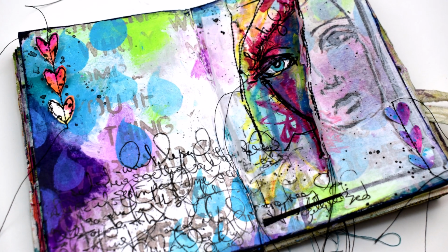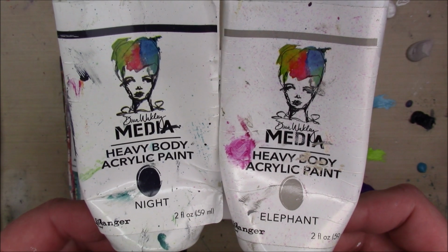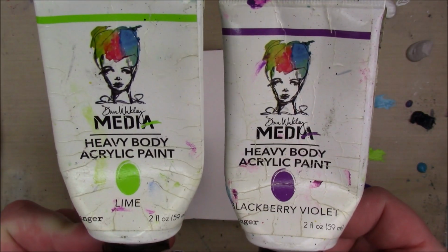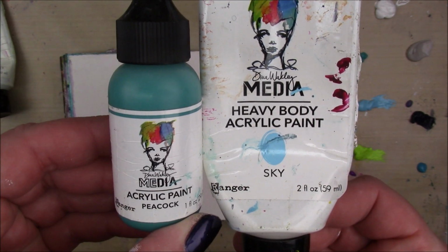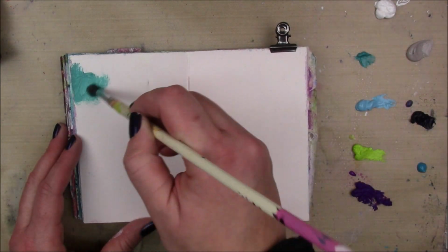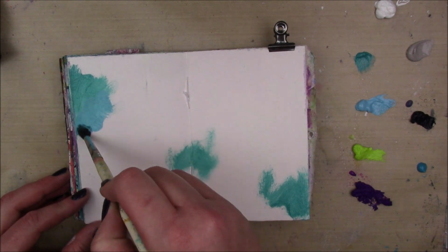Hey guys, I have another art journal page to share with you today. This is the page we're going to be doing, and I'm starting out with my Dina Wakley Media Heavy Body Acrylic Paint in Night, Elephant, Lime, Blackberry Violet, Peacock, and Sky. And I'm working in my hand-bound watercolor mini journal, and I'm just going to start by slapping those colors down